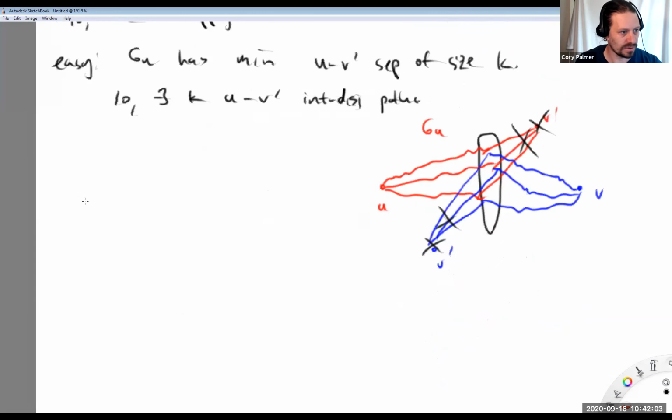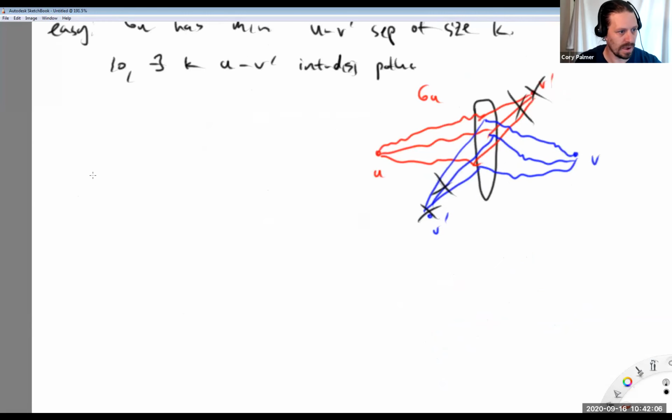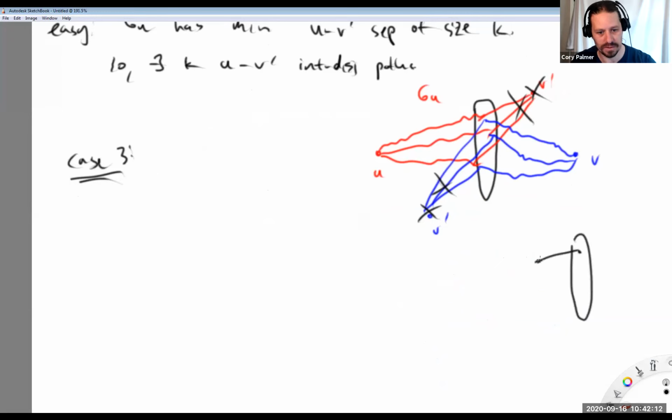And we'll finish. So case 3. Now, we've ruled out 2 situations, right? We now never have this situation. That was case 1 in any of our separators. And we also don't have this situation here, that there's a missing one here and a missing one here. So what this means actually is every minimum